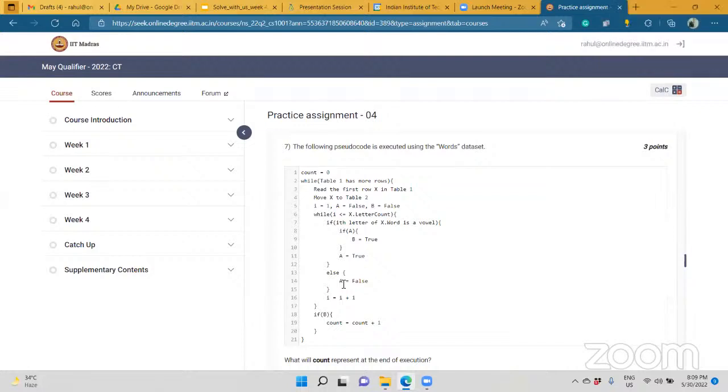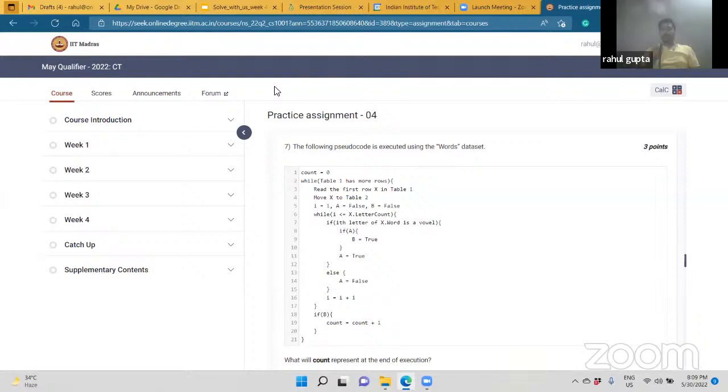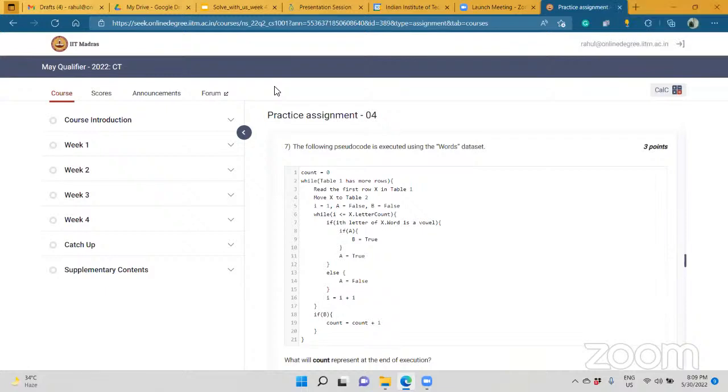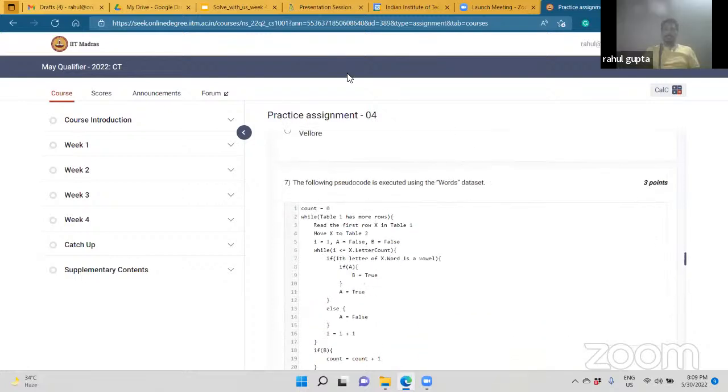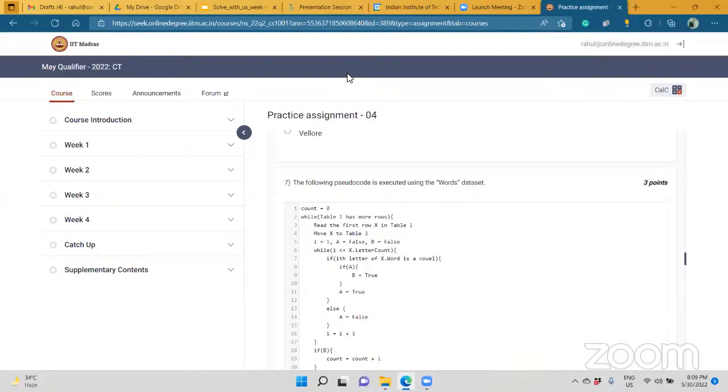Sir, can you tell us? No, we can't now, because it will take time. What do you want? I didn't get this pseudocode because I am seeing the pseudocode for the first time. I'm a repeater. Okay, you'll get similar kind of pseudocode in our session. I'll repeat it. Because we have seen this pseudocode for the first time.